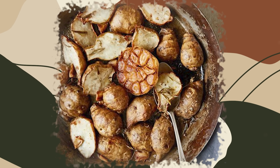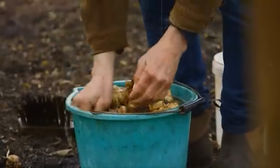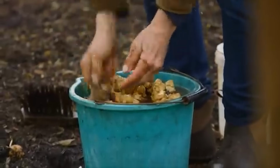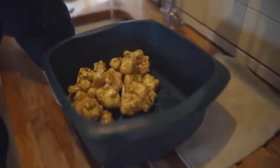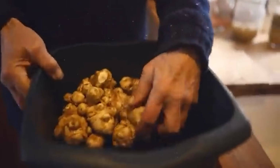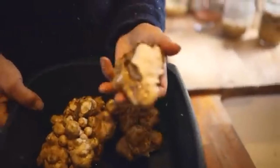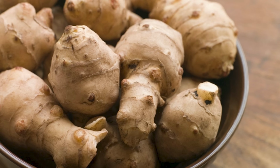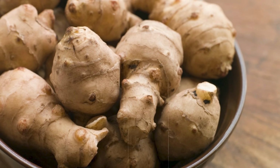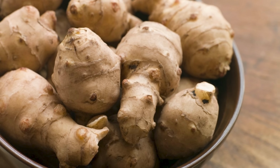sliced raw into salads. What truly set Jerusalem artichokes apart was their remarkable winter harvesting ability. Even in frozen soil, families could dig these nutritious tubers all winter long, taking what they needed while leaving the rest safely stored in nature's perfect root cellar, the ground itself. This reliability during hard times made Jerusalem artichokes a true American treasure that deserved far more recognition than it receives